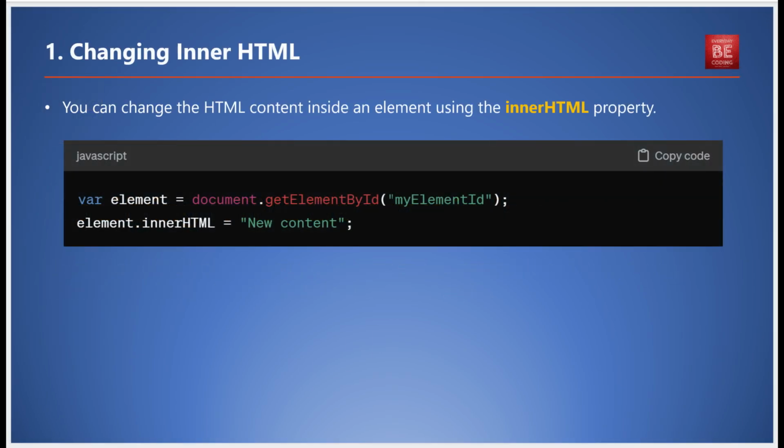Firstly, to change the HTML content inside an element, use the innerHTML property. Imagine you have an element with an ID of myElementId. You can update the content with the following code: var element = document.getElementById("myElementId"); element.innerHTML = "new content"; But what if you only want to change the text content of an element, ignoring any HTML